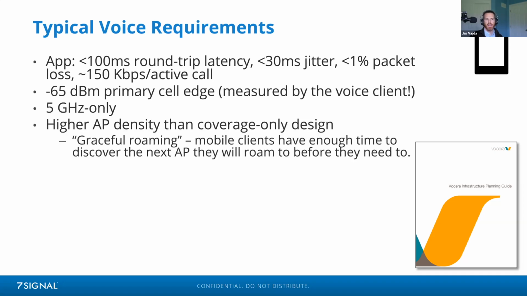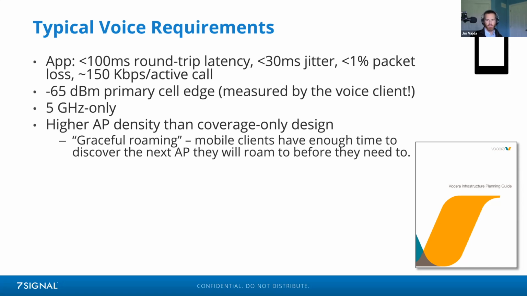And we need a higher AP density than a coverage only design, partly to keep the SNR high and meet that minus 65 dBm requirement, but also so that we have better roaming,